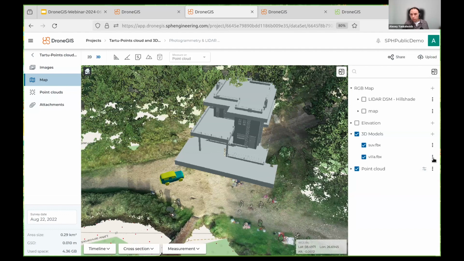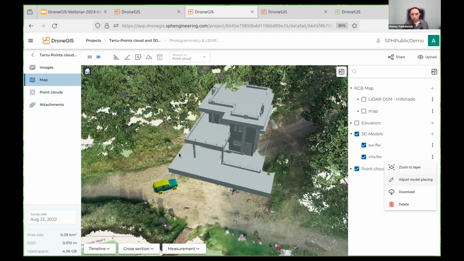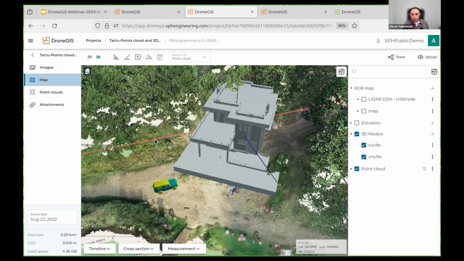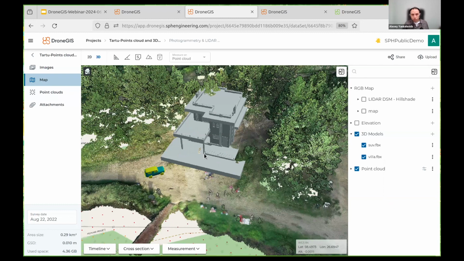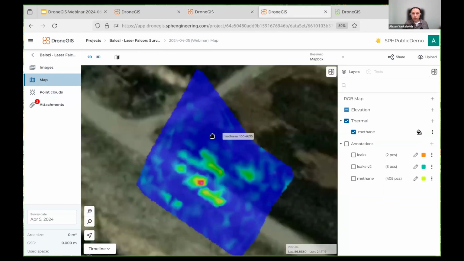And you can configure the position of each model individually, so you can do it for every model, place it correctly, and then just save changes. So now it's easy. Then the next example,